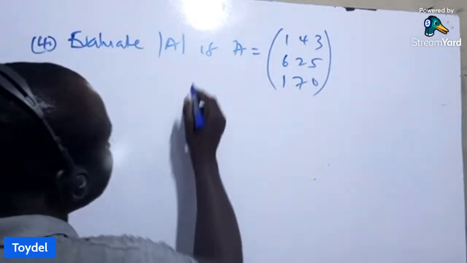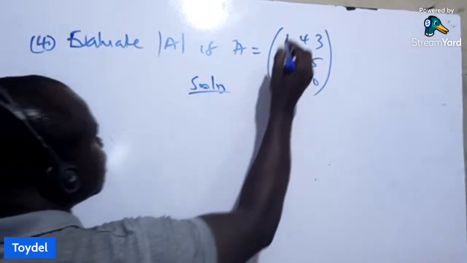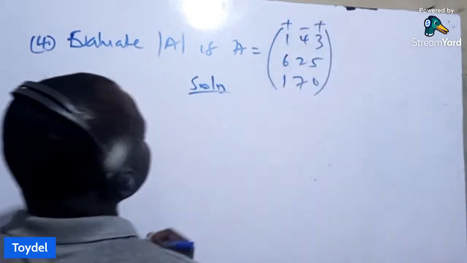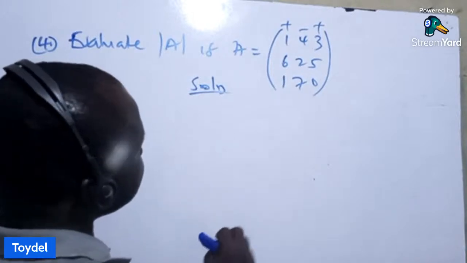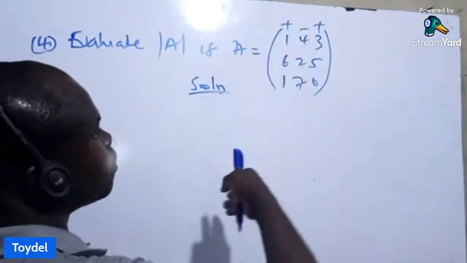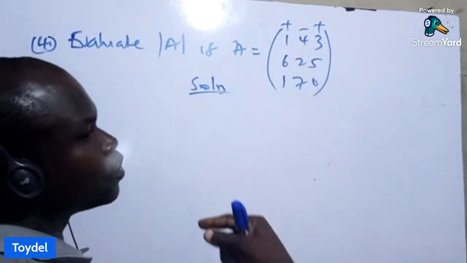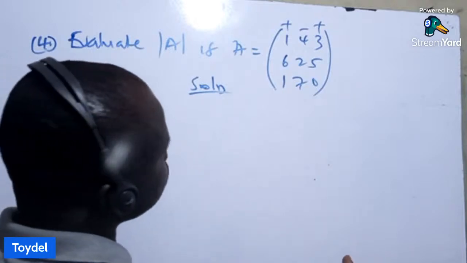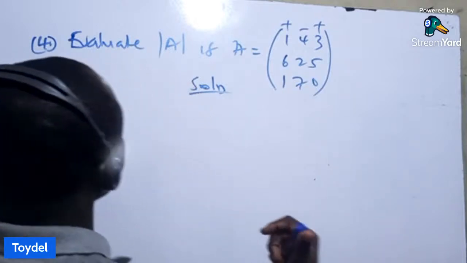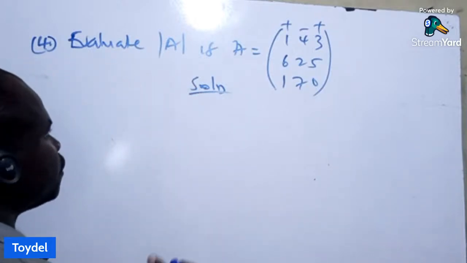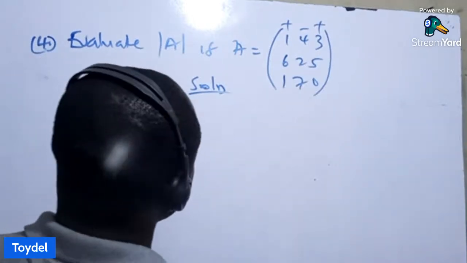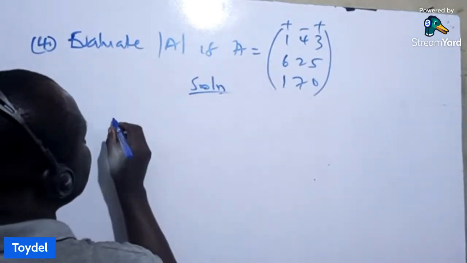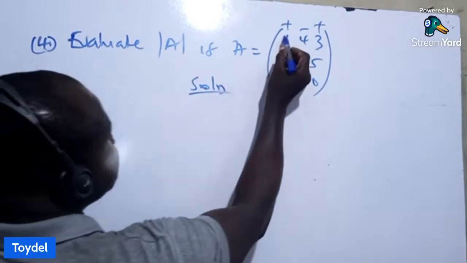If you want to find the determinant of a 3 by 3 matrix, you have plus, minus, plus. You can use the normal row or column approach, or you use Sarrus' rule. If you want to know more about that, we have a video on finding the determinant of a matrix. So if you want to use the normal row and column approach, we are going to pick this first one,